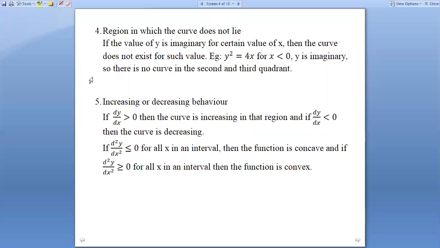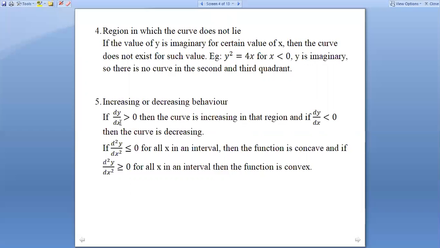Next is increasing or decreasing behavior. If dy by dx is greater than 0, then the curve is increasing, and if dy by dx is less than 0, then the curve is decreasing at a particular point, or you can check it with the region. In that region,